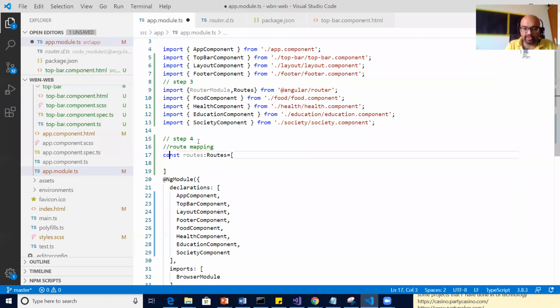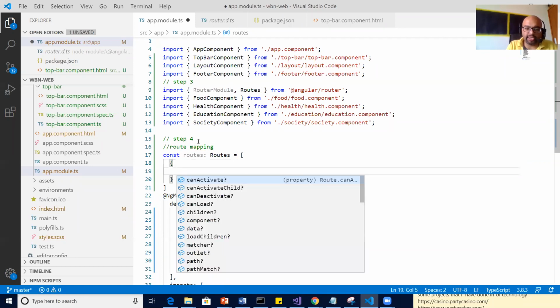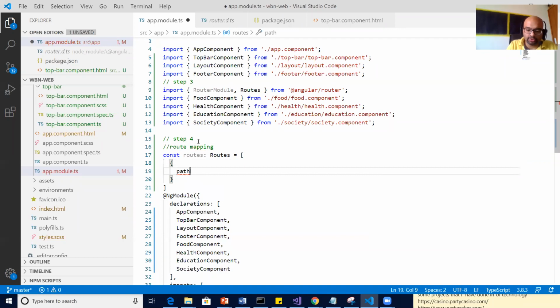Commented, otherwise it'll give an error. So first route, my first mapping entry, I'm saying path. The path should be empty.